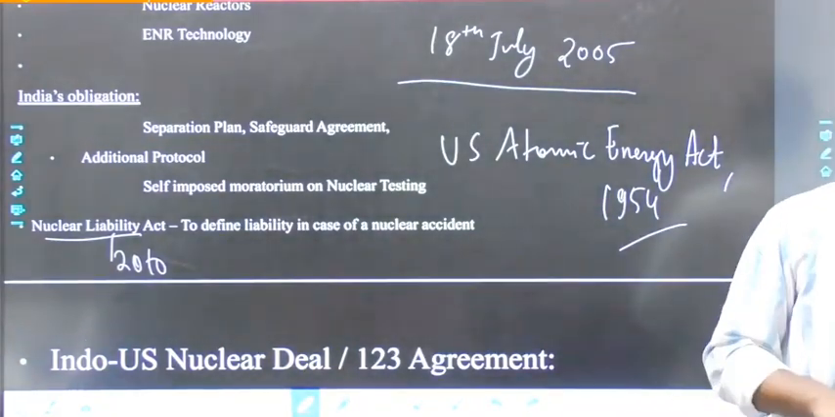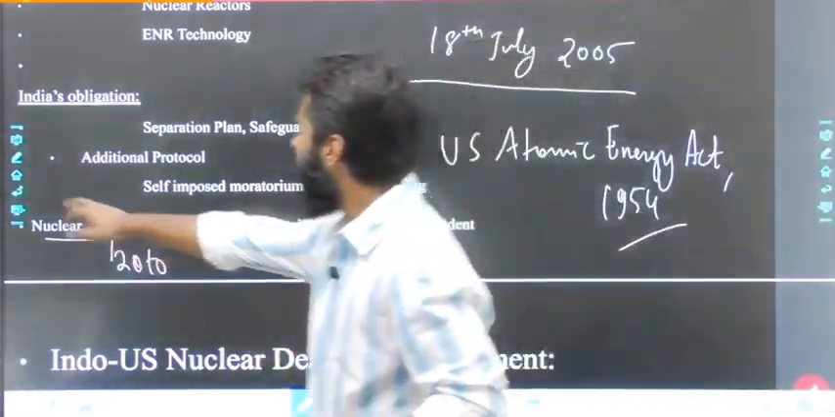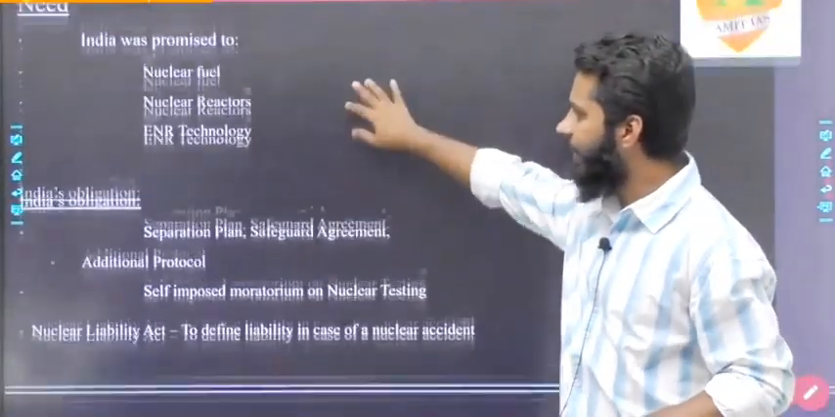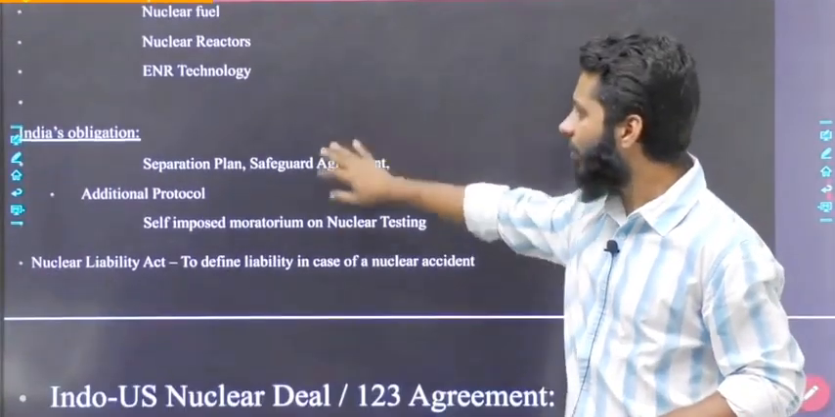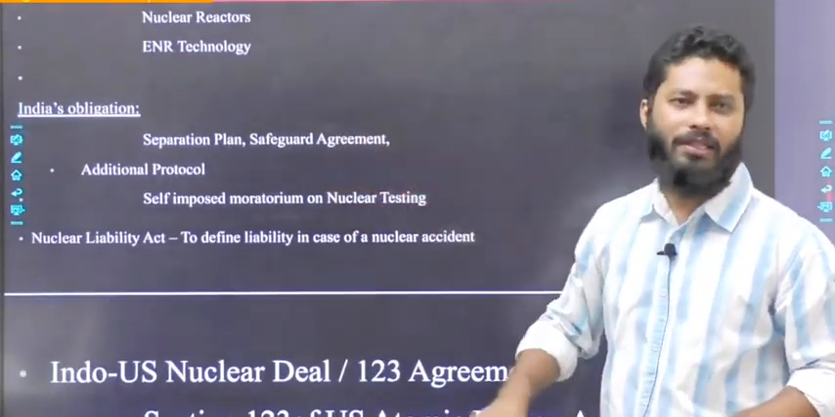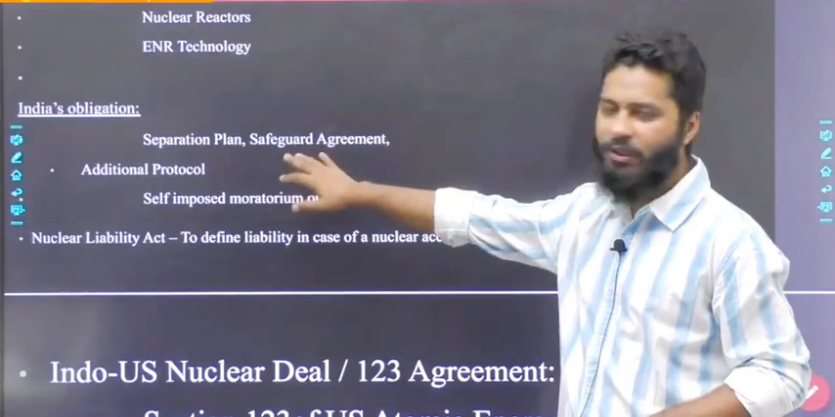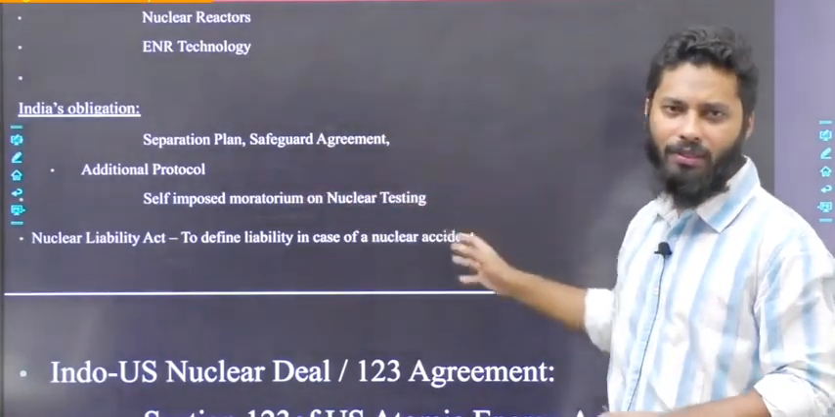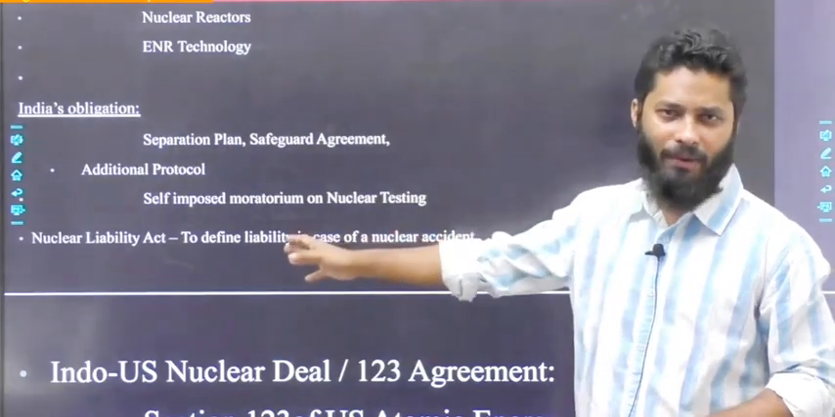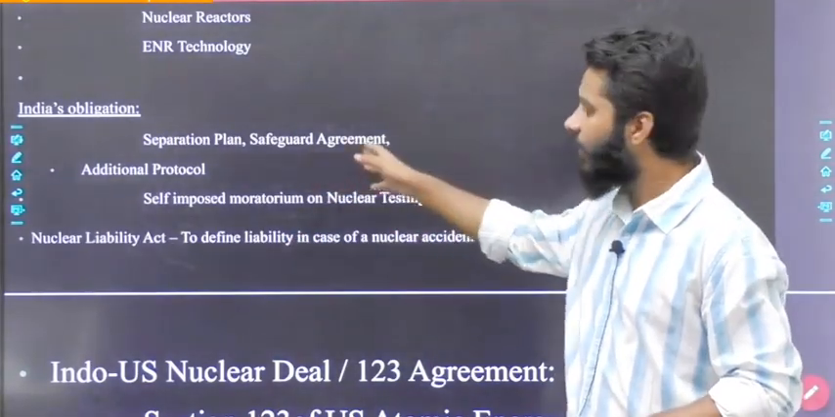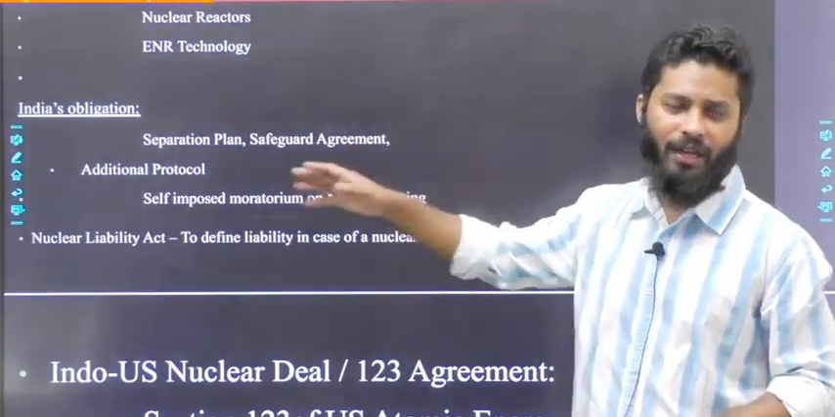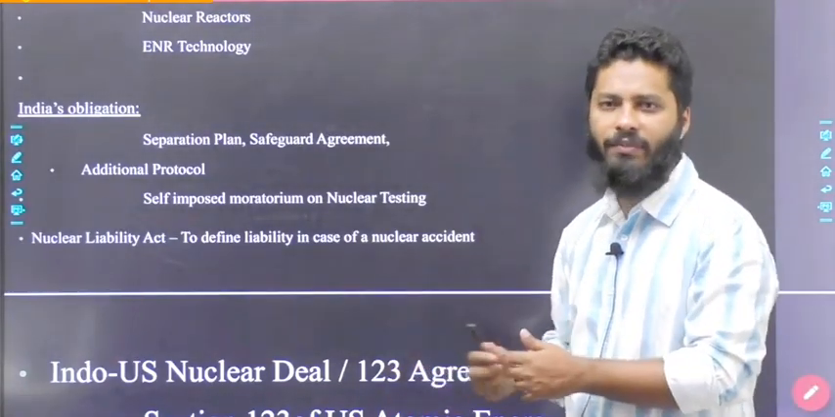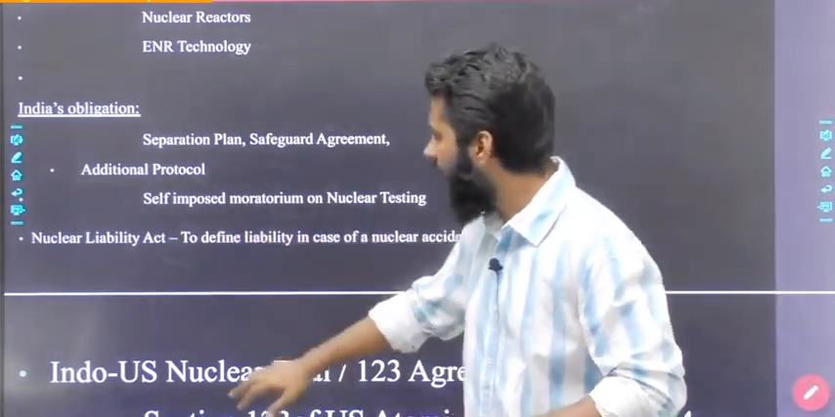So if we are signing any nuclear cooperation agreement, we will be getting nuclear fuel, we will be getting nuclear reactors, we will be getting enrichment and reprocessing technology, and what will be our obligation? That we will have to separate our plants. So there will be a separation plan. We have to separate our civil plants and nuclear or weapon plants, and then there will be a safeguards agreement in which the IAEA will have the right to visit any civil site. But when it came to the additional protocol,